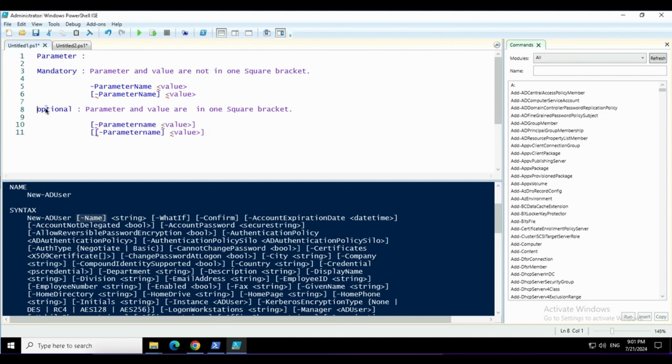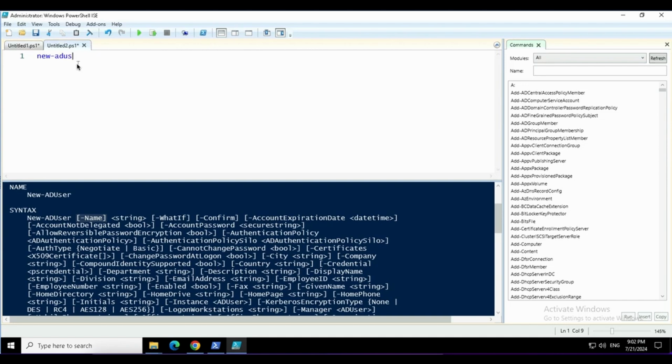Now let's understand the other bracket, that is the second bracket. Why this bracket? In PowerShell, we use shortcuts to run these commands, so we can make the PowerShell commands short. And for shortening the PowerShell commands,